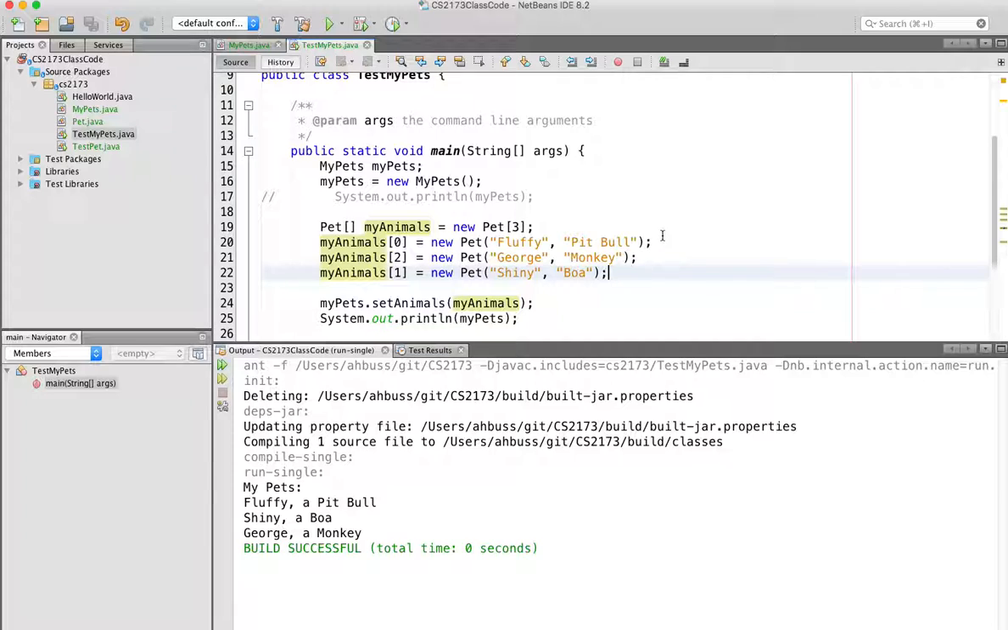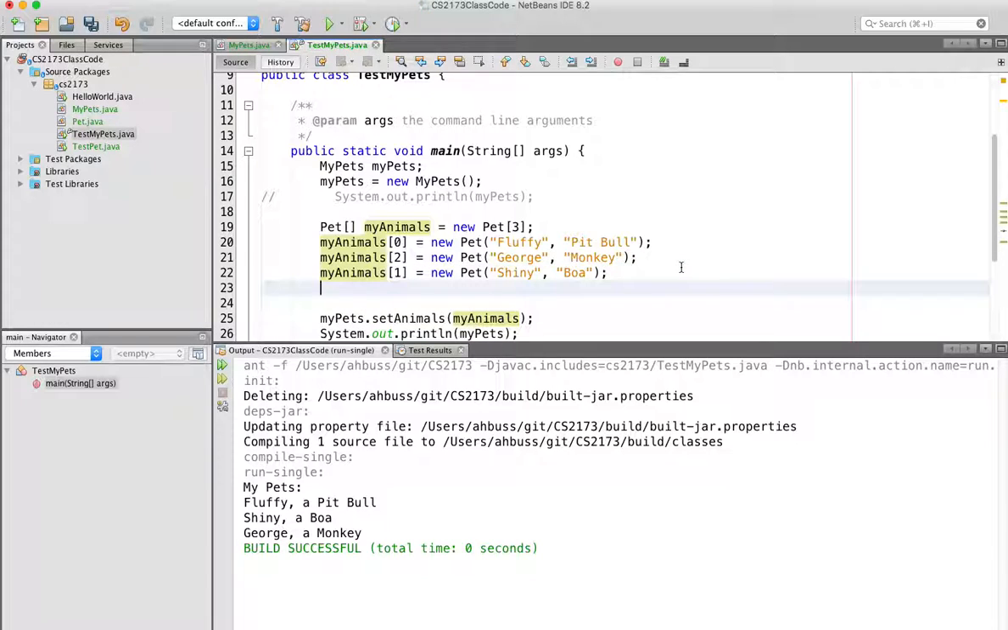Now, again, notice that this is especially important for object arrays. It's not enough to just say this. I have to instantiate each individual element. And again, unlike JavaScript,